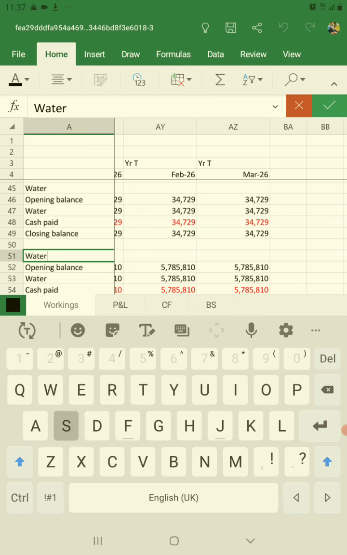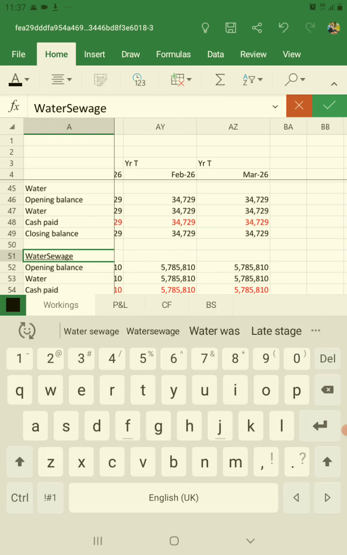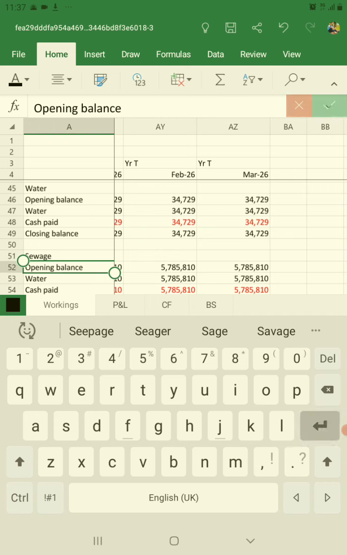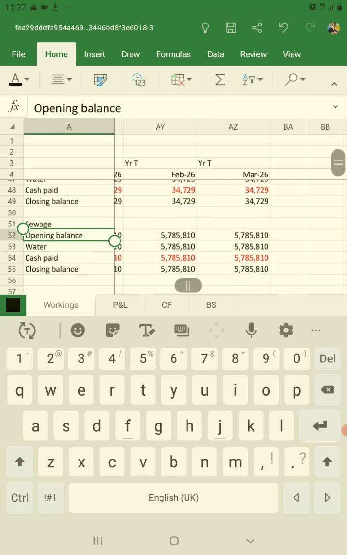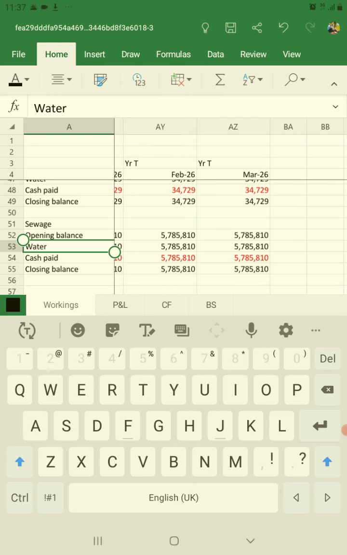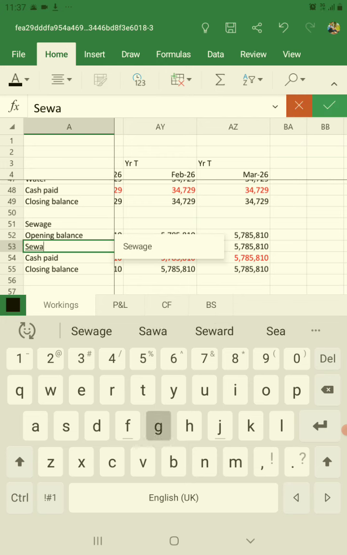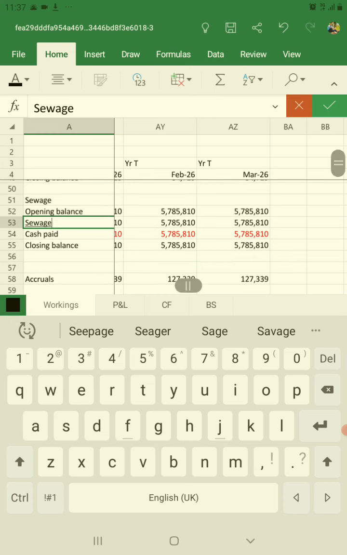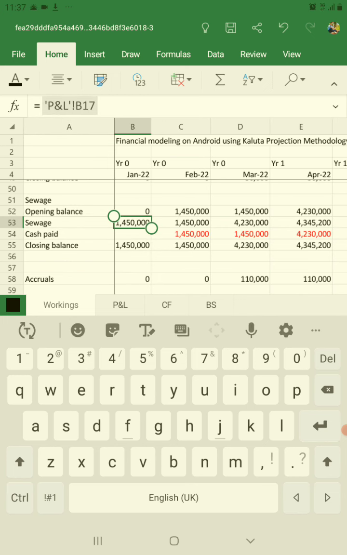I type sewage, opening balance, and then instead of water we have sewage, cash paid and closing balance. Okay, so for sewage we change the formula here. We go to pick the sewage component from,